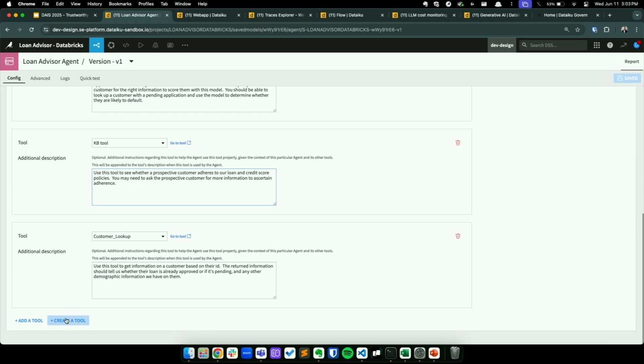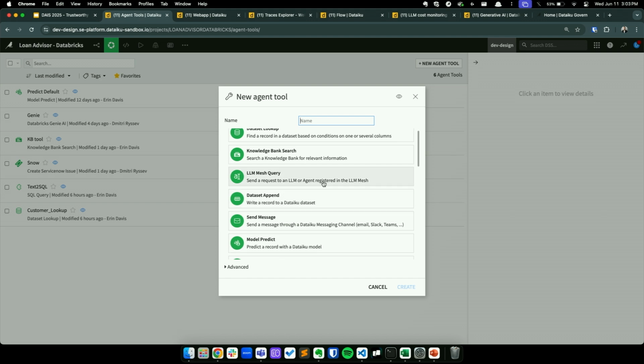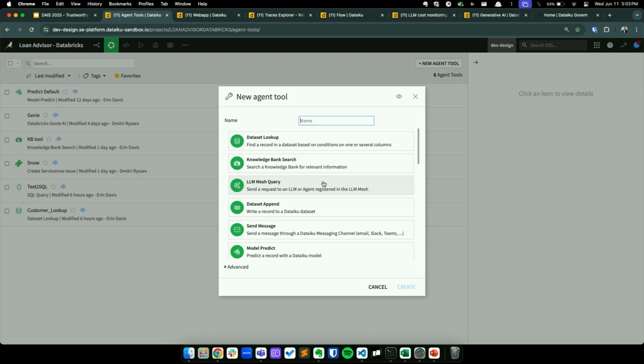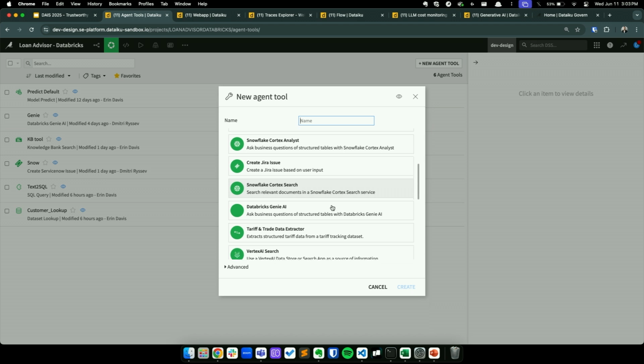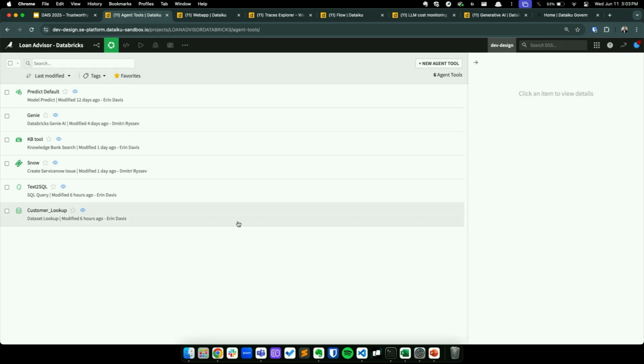In terms of actually creating these tools, it's very straightforward because we provide built-in capabilities for you to be able to augment your agents with any tools, again, without writing any code. These all come out of the box. If you're looking to do a data set lookup, maybe send an email, work with Jira, work with Genie Space, all of these are available out of the box, no coding required to set them up. Just simply make the selections and off you go.